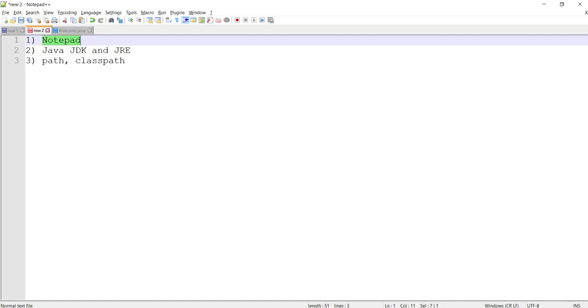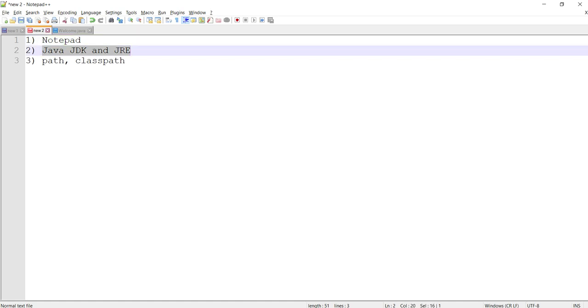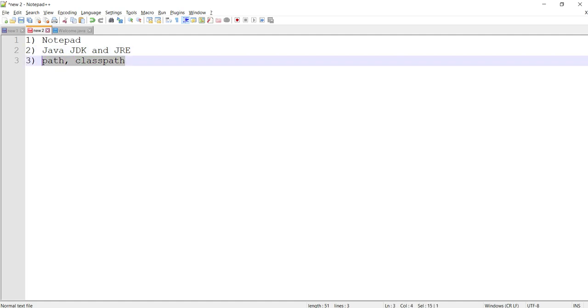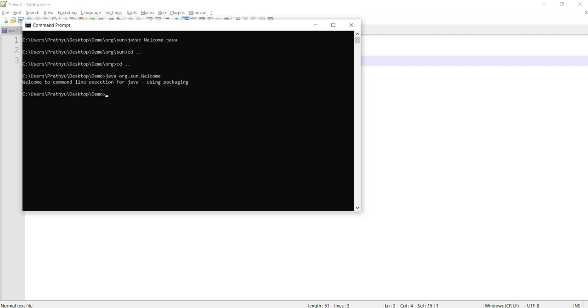And we have seen JDK commands like java and the Java compiler, javac. On the command line, we have compiled and run those files, and we were able to get this output.